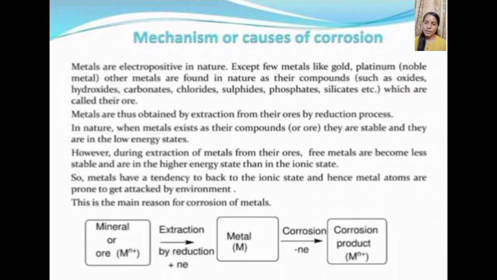In nature, when metals exist as their compounds or ore, they are stable and in the low energy state. However, during extraction of metals from their ores, free metals become less stable and are in a higher energy state than in the ionic state. So metals have a tendency to go back to their ionic state and hence metals are prone to attack by the environment. This is the main reason for corrosion of metals. Example: mineral or ore undergoes extraction by reduction,